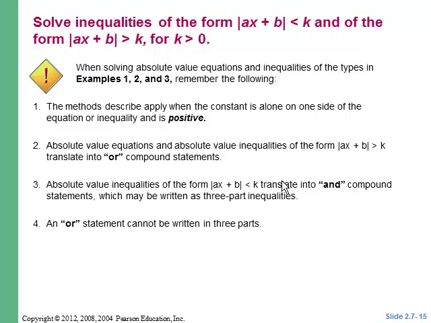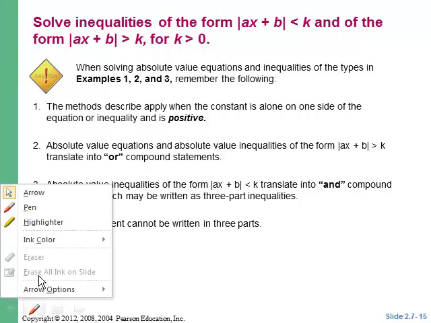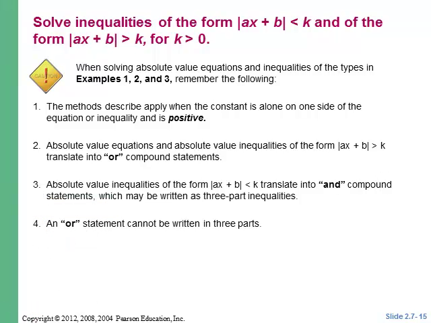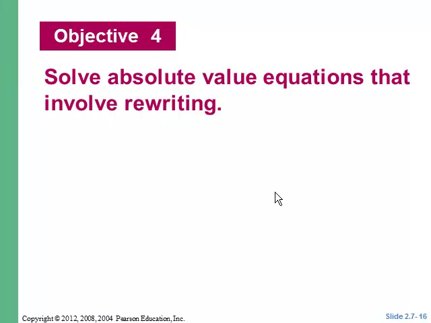the methods described apply when the constant is alone on one side of the equation or inequality and is positive. Absolute value equations and absolute value inequalities translate: if it's a greater than sign, translate into or. If it's a less than sign, translate into and. An or statement cannot be written in three parts. Okay, so